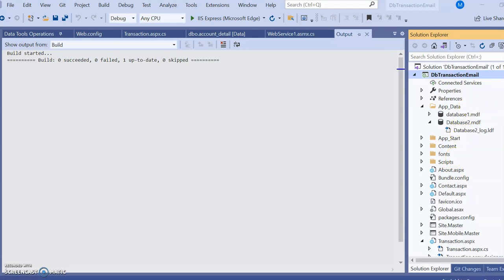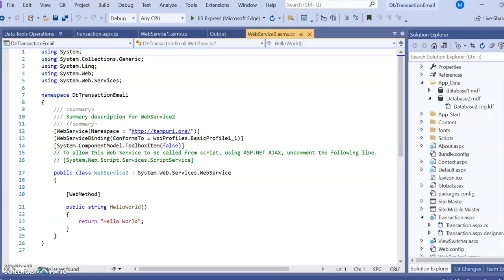So this is a simple way to add a web service. Once we add the web service, we have to write some code into it. Now see, this ASMX page has been added. In the web methods we have to write the code that will be printed on your web browser, and we can retrieve that code.